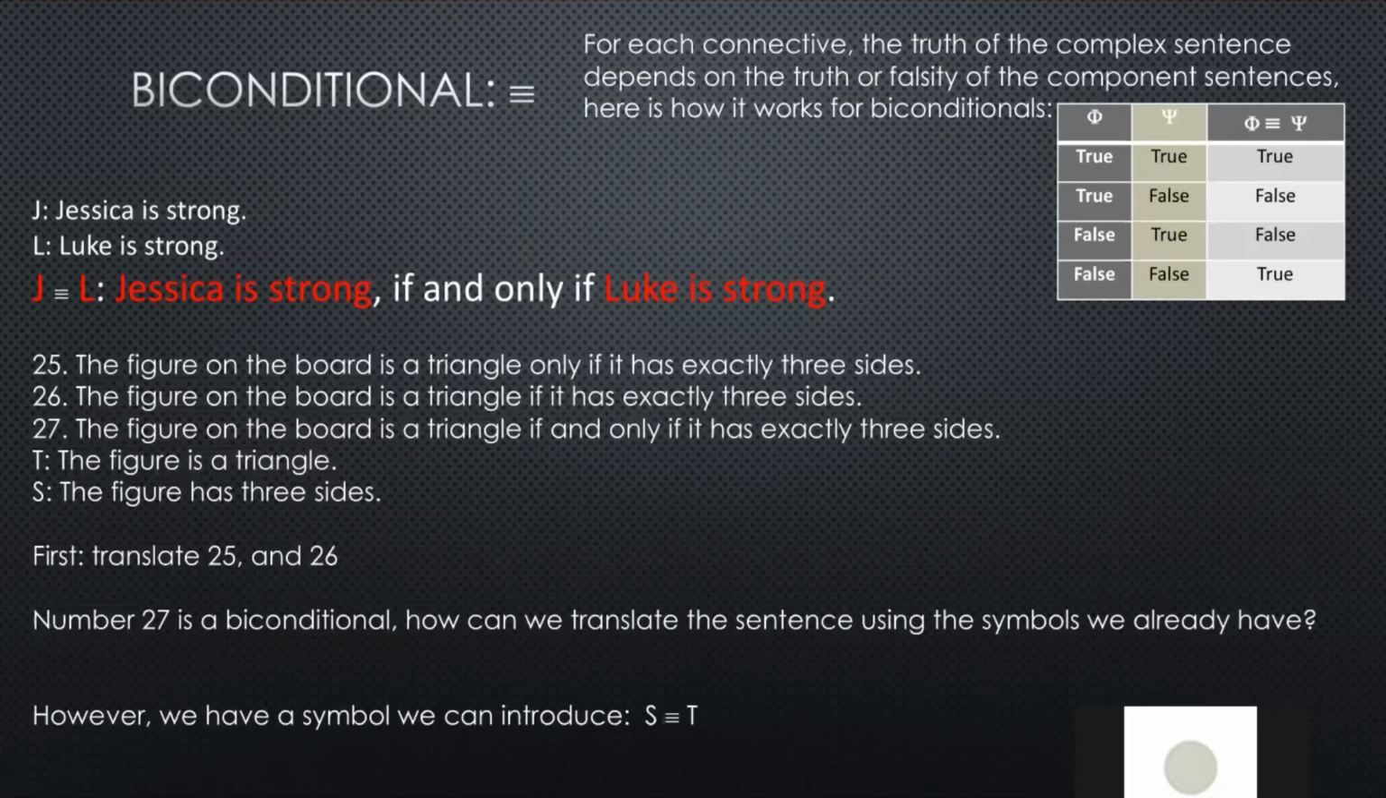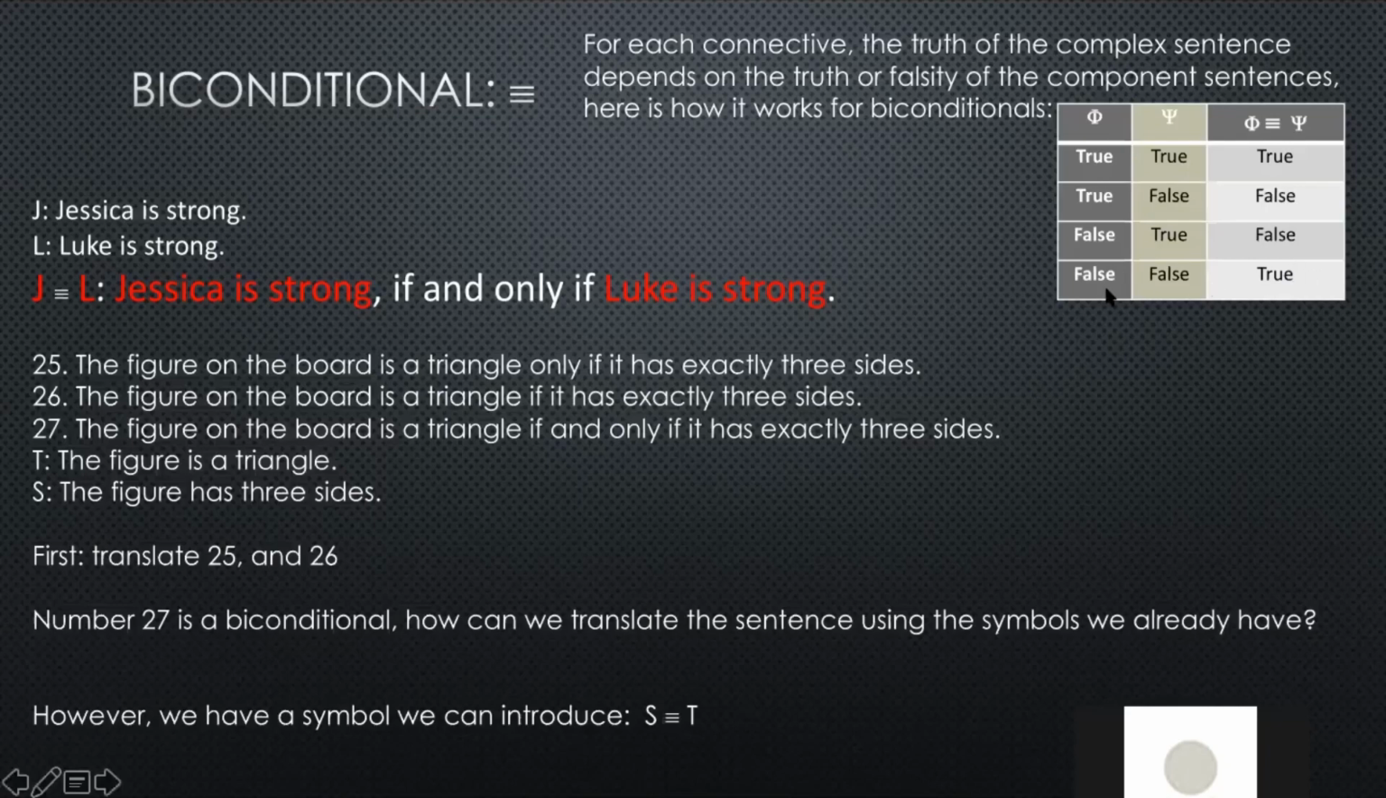It doesn't provide any counterexample to that sentence. But if the figure on the board has three sides and isn't a triangle, then our biconditional sentence turns out false. It's not going to be the case that it has three sides if and only if it's a triangle, and vice versa. If it's false that the figure on the board is a triangle, but it does have three sides, then it's false that the figure on the board has three sides if and only